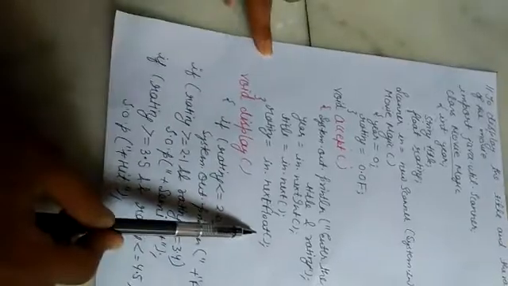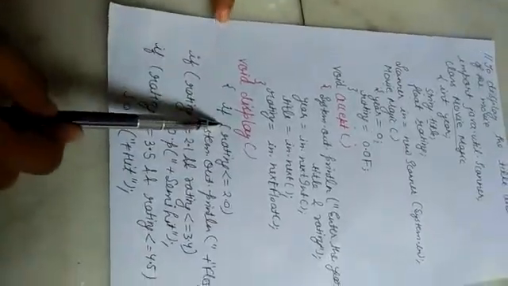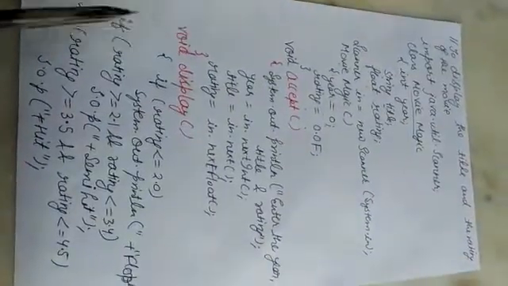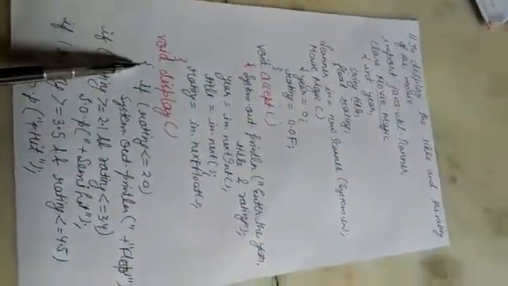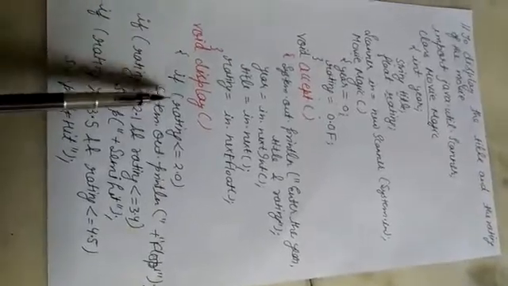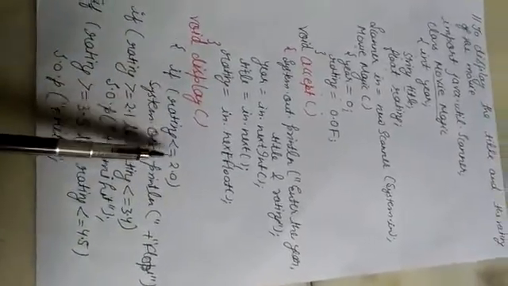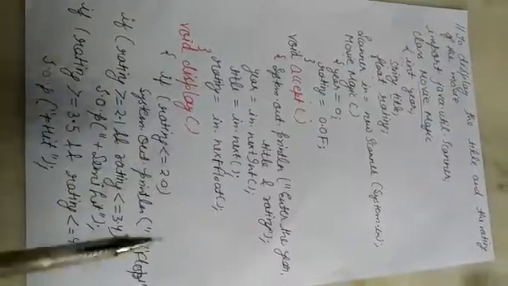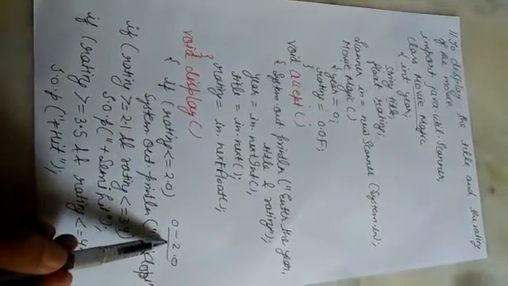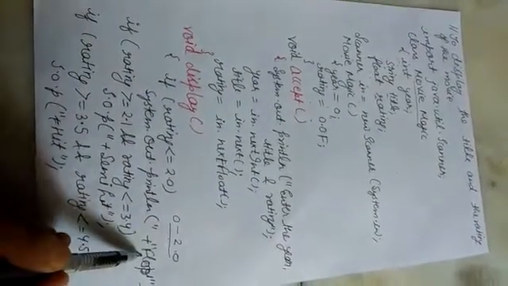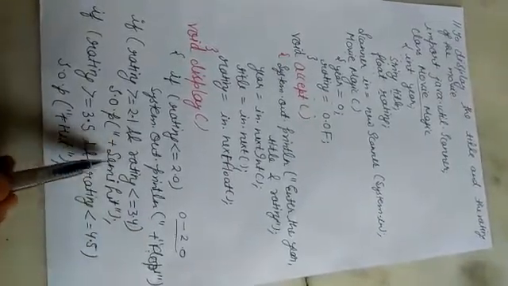Okay, now they said to do the void display function. For void display they said to display the title of the movie and the message based on the ratings. The table was given to us, remember? So this void display will be, if the rating is less than or equal to 2.0, it means it exists from 0 to 2.0. If the movie exists from 0 to 2.0, then you have to print the movie is a flop. So we have printed it in a System.out.println statement.